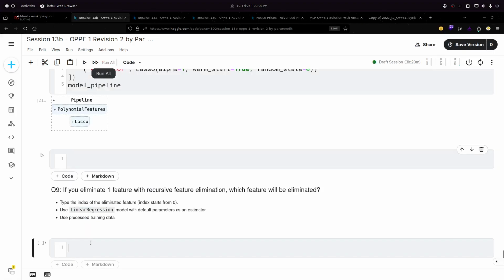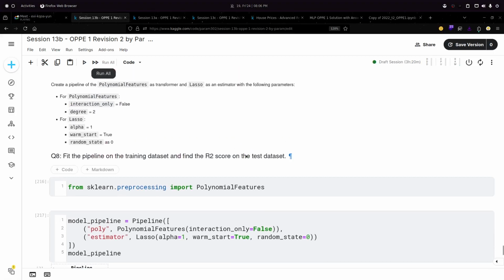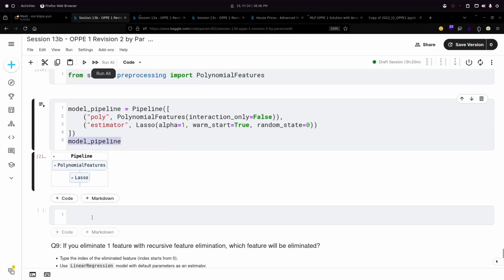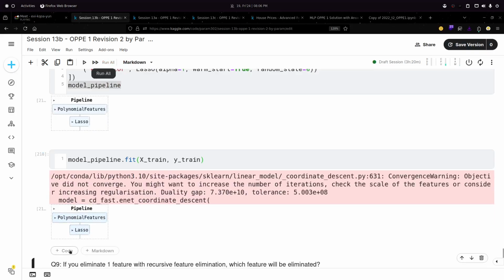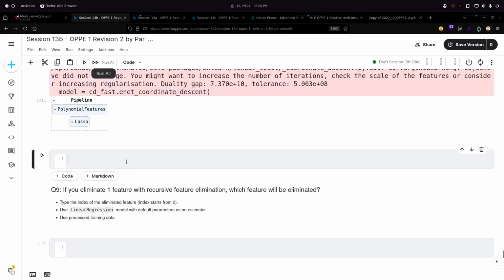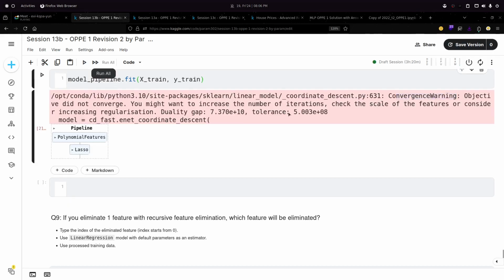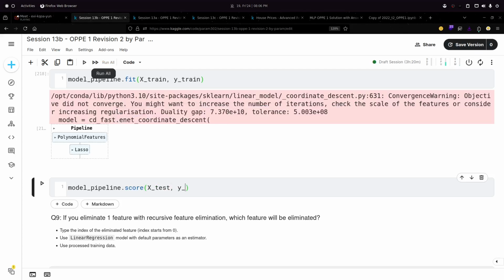Now what I have to do is calculate the R2 score. So let's fit the data first. X train, Y train. I have fitted the data. Ignore the warning, it is a convergence warning. Then R2 score. Can I do model pipeline dot score? Yes, here I can do.